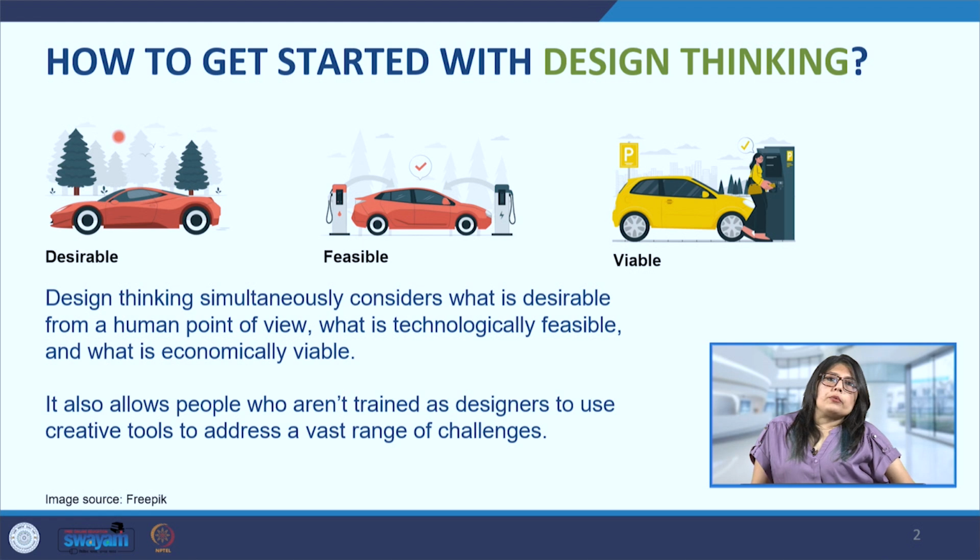So, if you take this example in front of us of the cars that we use for our daily commute, so not really pointing at any particular brand or company, but just taking for the sake of discussing this particular topic. So, now for one person, a desirable car may be say Audi, but when they look at the feasibility aspect, which involves, for example, the maintenance of the car, the upkeep, the availability of parts, or the fuel consumption, the output of the car. So, considering those, maybe another car, for example, the Honda may be more appropriate.